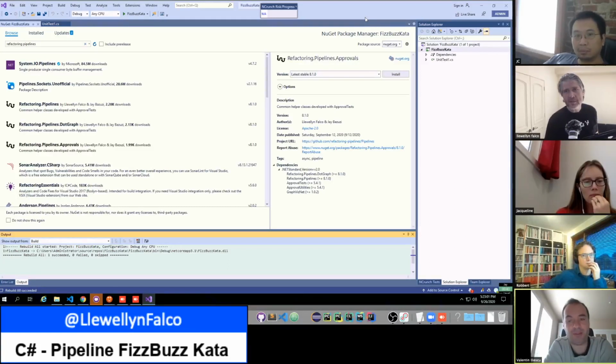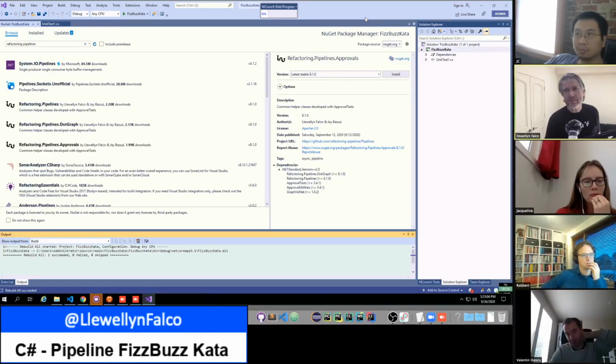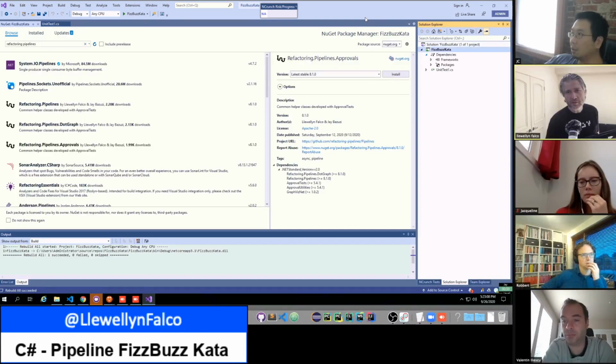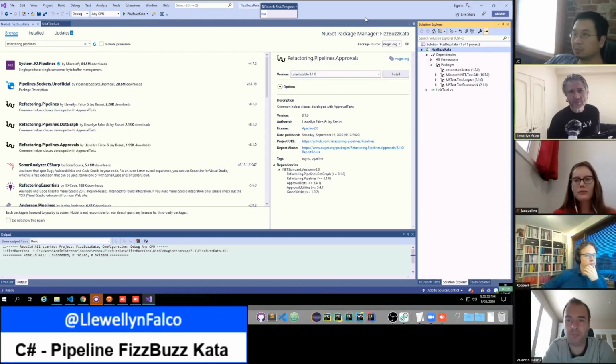Open up your dependencies in Solution Explorer, the tab on the right. Open up packages. No, it did not install. So I guess the first question would be, what is our project?